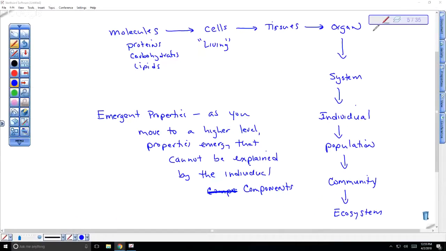Okay, so that was a good example of complexity at the ecosystem level and an emergent property, rain, right? So the rain cannot be explained unless you actually look at the trees. And so if you've ever been to like Hawaii or to the Caribbean, one of the really interesting things is